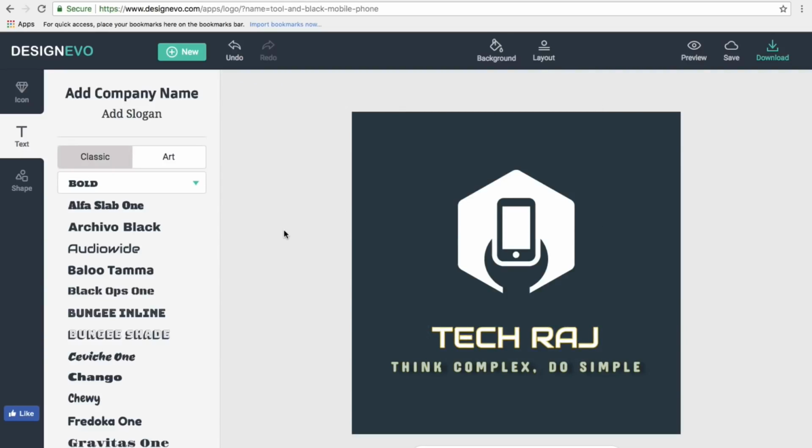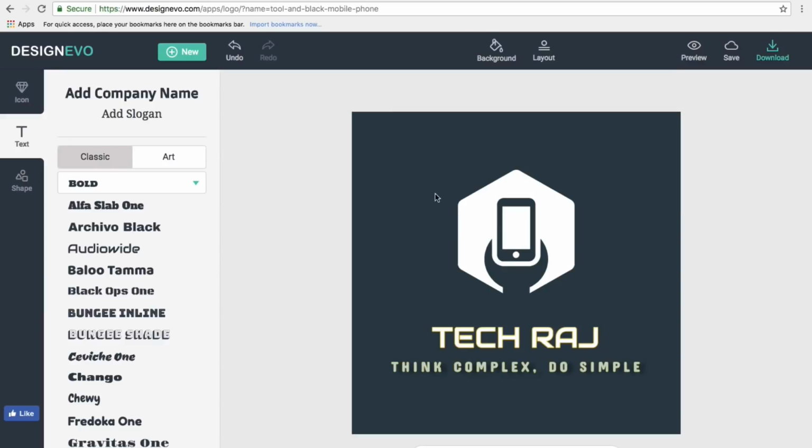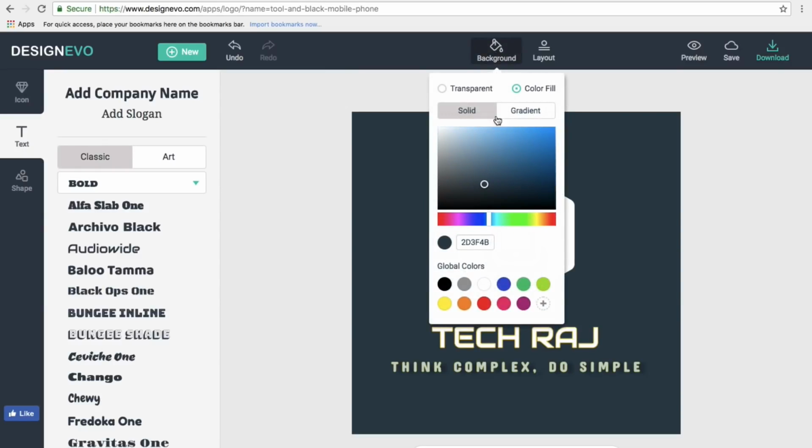And yes, you can mess up with these options and make sure your logo looks how you want it to look. And also you can change the background of your logo. Just click on background and you can choose a background here. However, I'll not be changing the background now because I think this logo is just perfect, because the background is perfect, the logo is perfect, the text is perfect. I think everything is perfect, so I'll not be messing up with the background. But if you want, you can actually change the background. You can just click on the color which you want your background to be and it'll get changed automatically.